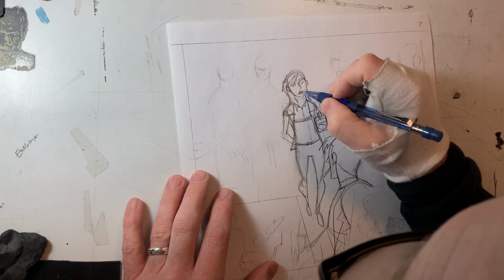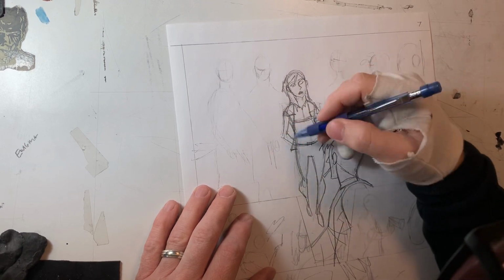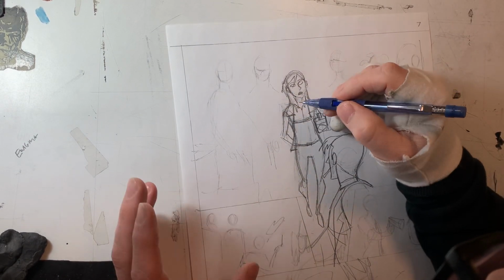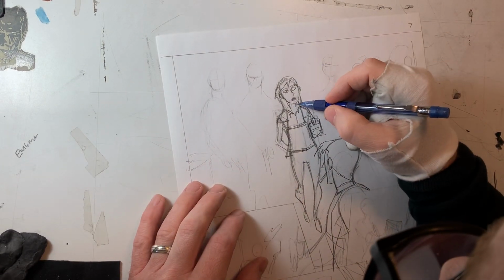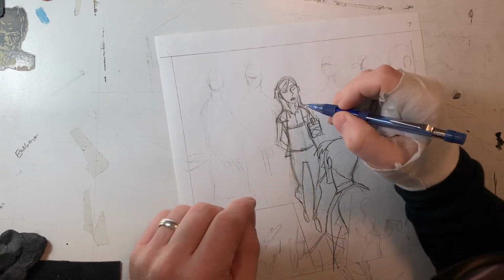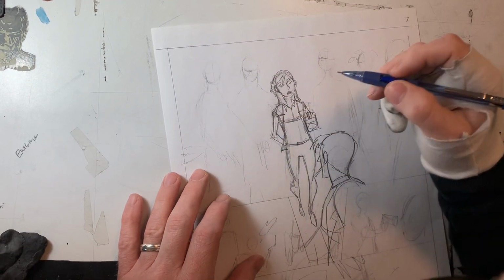Look at this face. It's totally not in detail. One of the reasons why I do these kind of like passes is because each time I just tighten things up a little bit more than the last pass. Some people just go ahead and like they've got this loose breakdown and they can just tighten the face up,